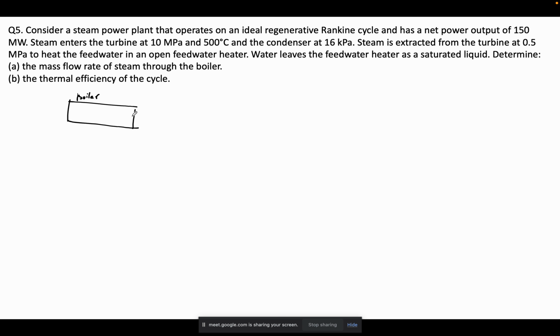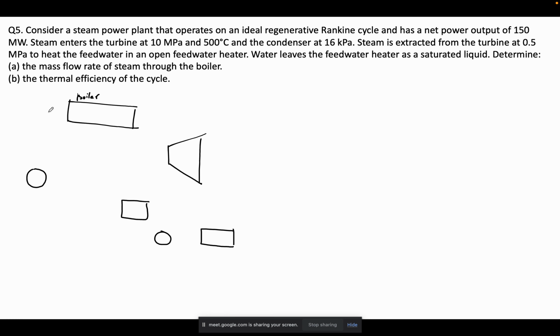Okay, and then from the boiler it comes to the turbine. From the turbine one part is extracted to the feed water heater. The rest goes to the condenser. From the condenser there is a pump that will put it to its original one, and then there is another pump which will put it. So basically what happens is that